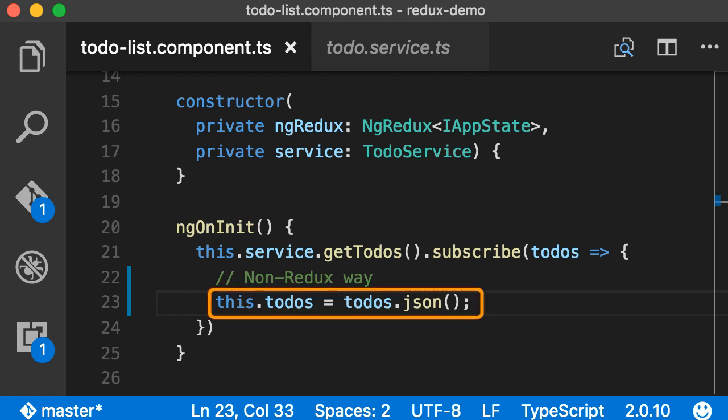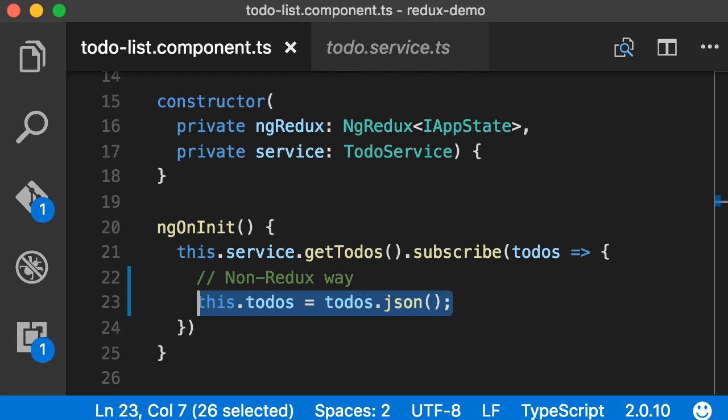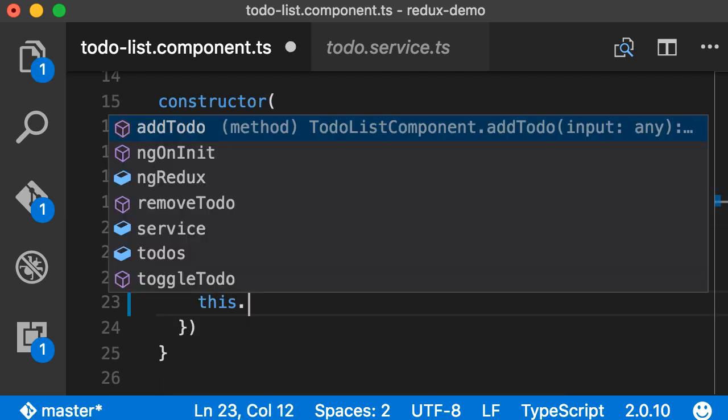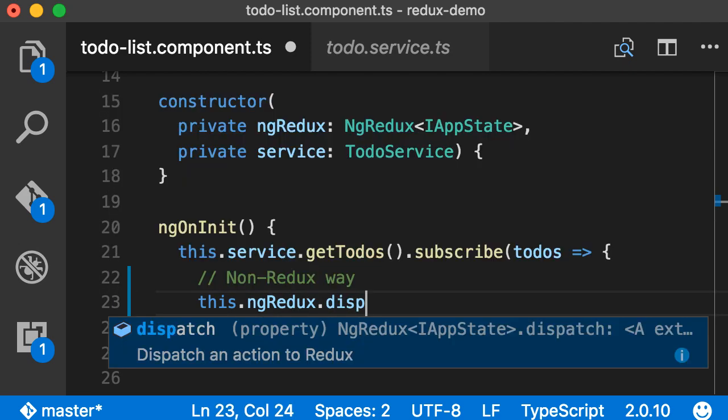So this is the non-Redux way. We get our objects from the server and store them in the component. So in this case, our component is maintaining its internal state. However, when using Redux, we don't store the state in the component like this. Instead, we dispatch an action. And then that action goes to a reducer, and then eventually, the state of the store gets updated under the hood. So to change this implementation and use Redux, I'm going to delete this line, and instead, call ngRedux.dispatch to